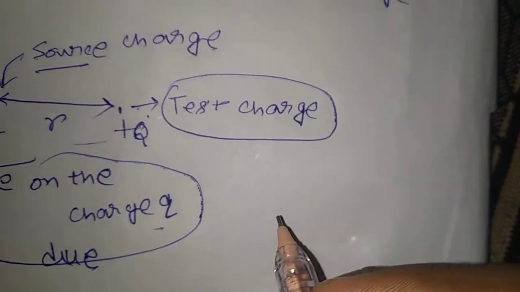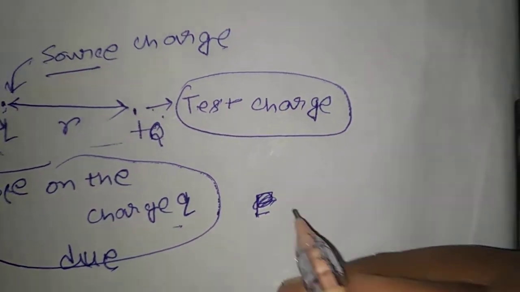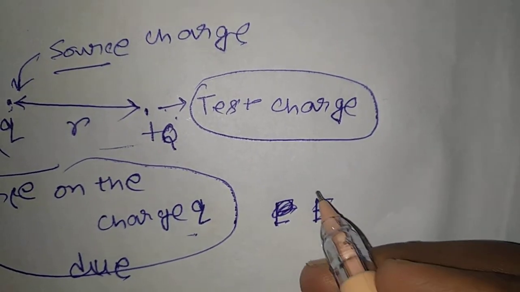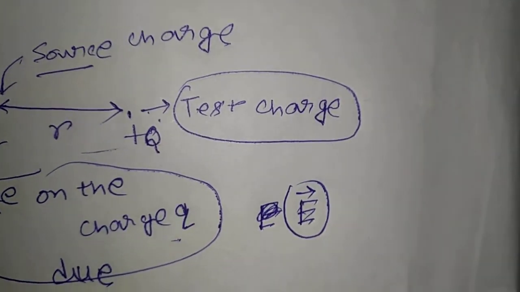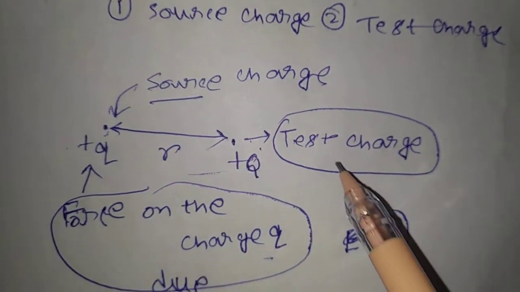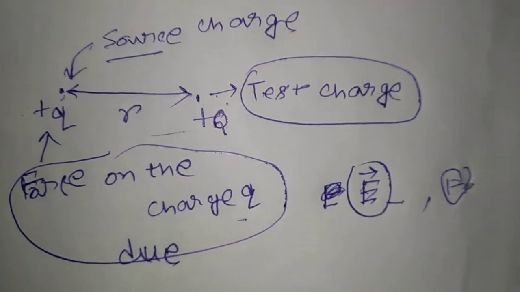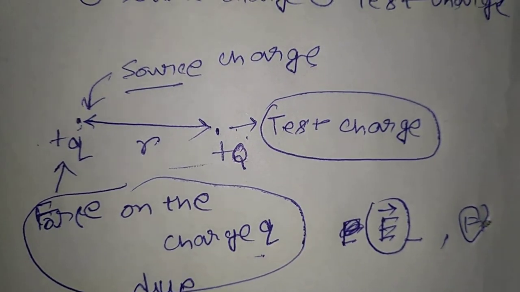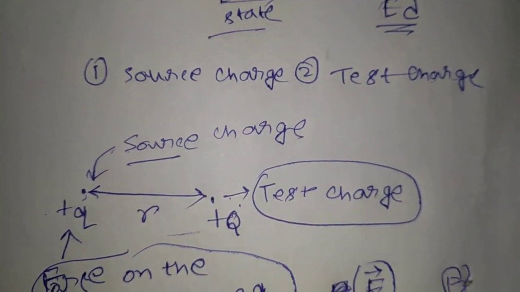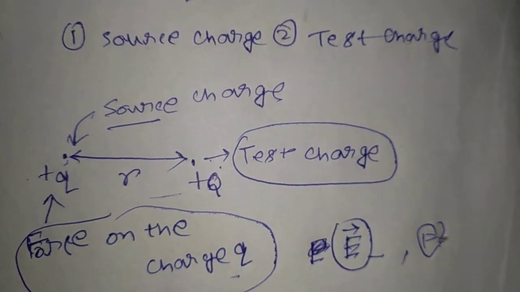So what will be Coulomb's law? Force. Before coming to the force, what will be the electric field? The electric field, first of all, is a vector quantity. I will discuss what the electric field is and what the force is due to Coulomb's law in my next lecture, in my next video. There I will discuss more about Coulomb's law and its definition.